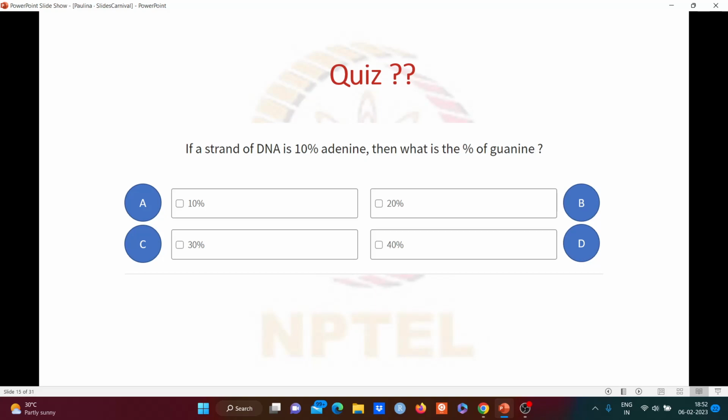So we are solving the third question. If a strand of DNA is 10% adenine, then what percent of